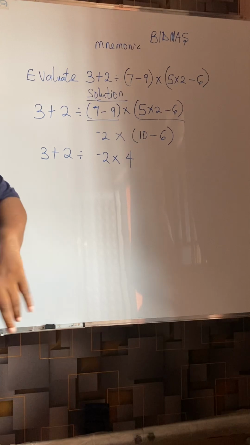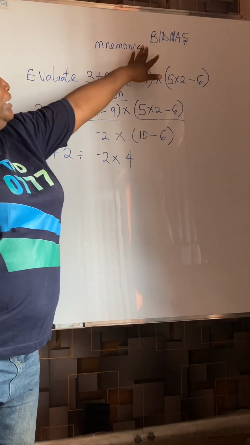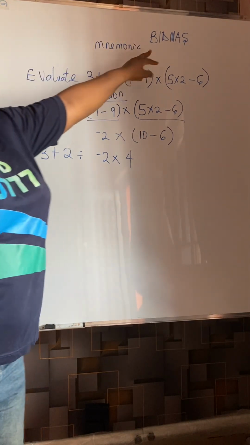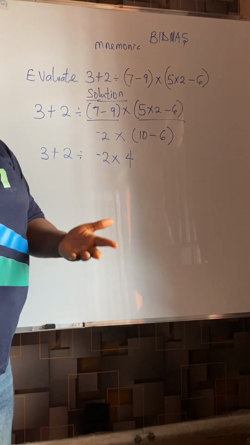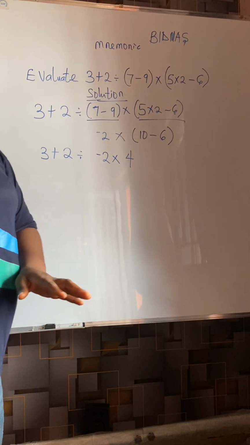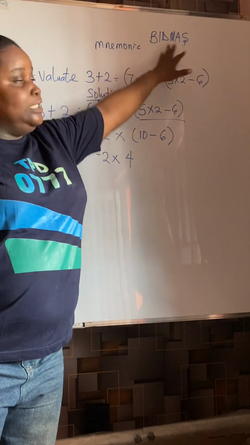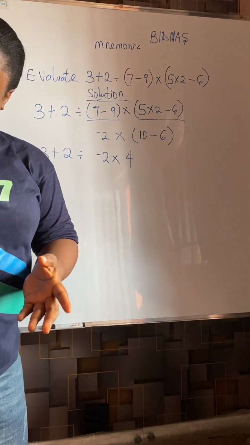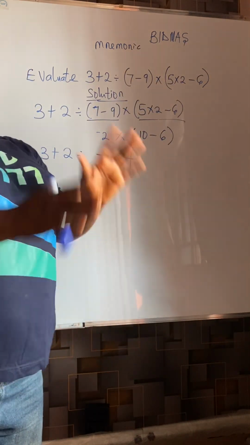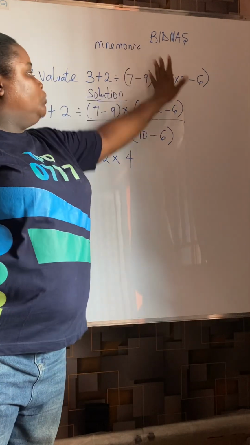No, that's not what to do. Remember, we're following the order. The order says division before multiplication, so we will divide, then multiply. If you multiply first, the answer will be wrong. So please, following this order religiously, whatever religion, but let's follow it religiously, is what will help us arrive at